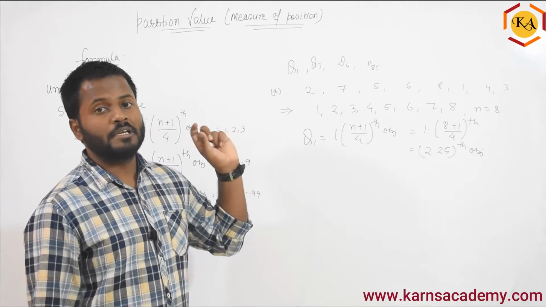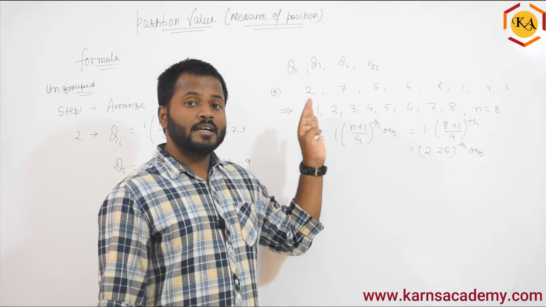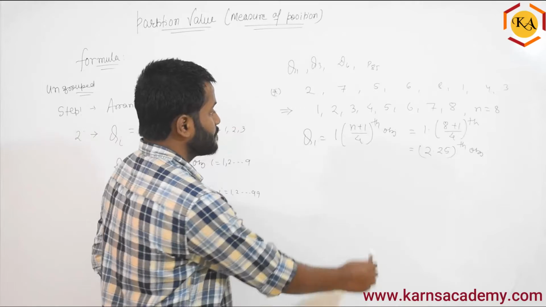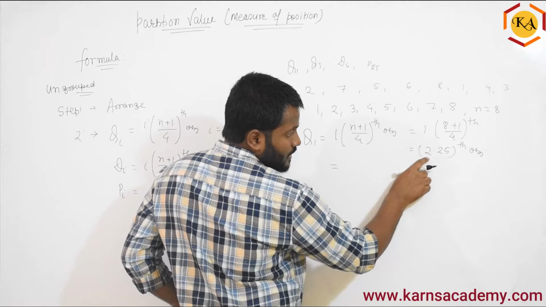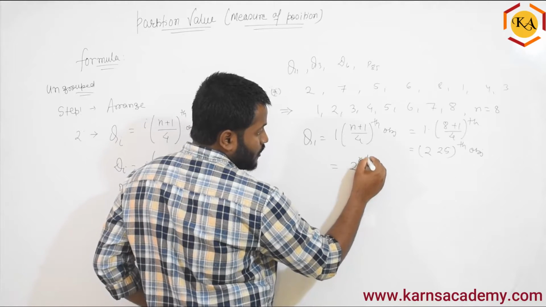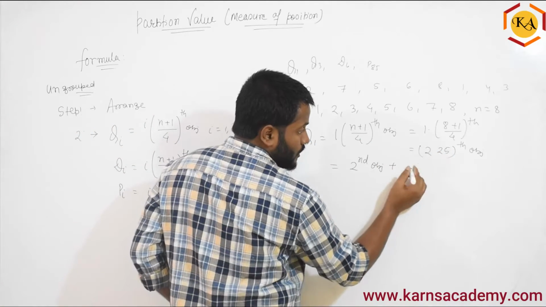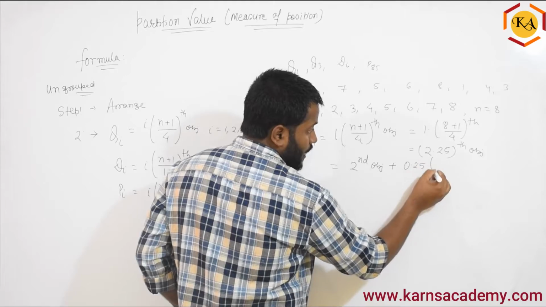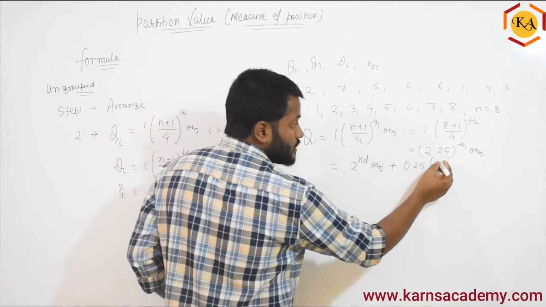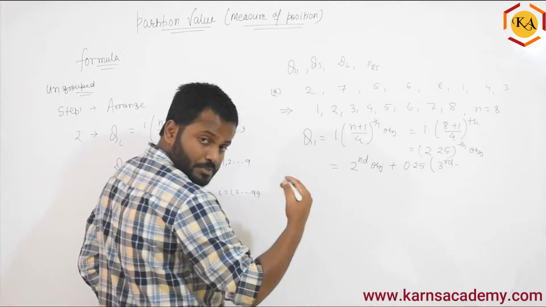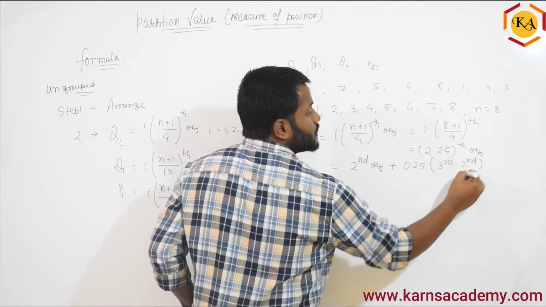Like how we used to do in the median, but there we used to directly divide it, right? Here we are not going to do this because we are dividing the data into 4 equal parts. So what we are going to do is very simple. Just listen to me very carefully. Whatever the observation is in the real number that you take, that is the second observation, plus whatever the point value, that is 0.25 in 2.25, times what? The next observation of 2.25 is the third, minus the previous observation. What is the previous observation of 2.25? That is the second. So this is how you have to do.